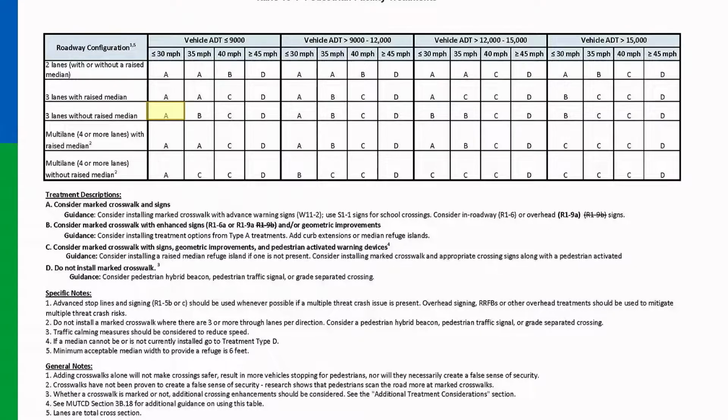So going into the second option here, this is a table from the Minnesota Traffic Engineering Manual, and it just kind of gives guidelines for installing crosswalks based on the traffic volume and road type. And for this section of East Point Douglas, all the guidelines would suggest the A treatment, which is listed here. It suggests that a standard marked crosswalk with signage would be sufficient in this area. However,